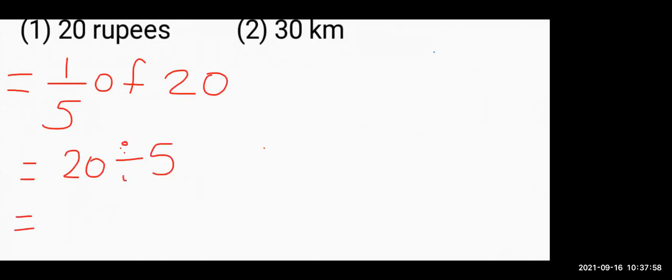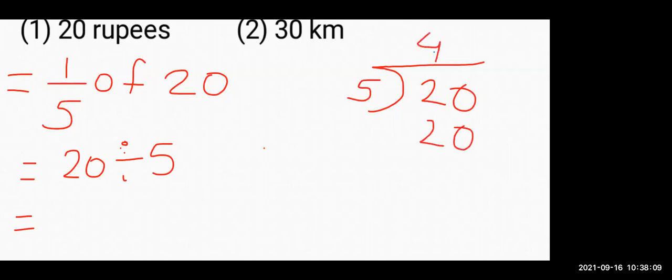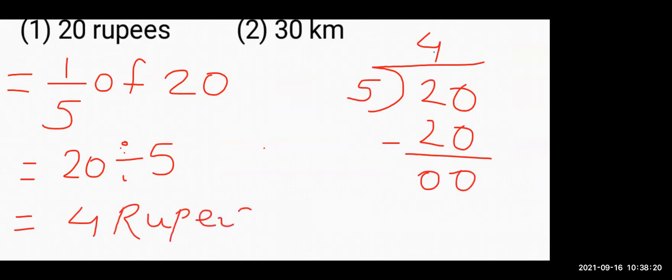Now in 5 table, we have to see how many times 20 is coming. 20 will be here and 5 here. Now in 5 table, 5 4s are 20. So here 0, 0. What is the answer? 1/5 of 20 is 4. 4 what? 4 rupees. 4 kya hai? Rupees. See, whatever is given with the question, that is 20 rupees, 30 kilometer or 15 liter, that specific unit should be written with the answers. So there is how many rupees? 4 rupees. Is it clear?